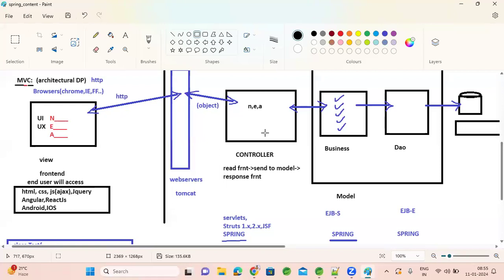For example, once the controller reads data from the front end, it will send it to the business layer. Here we perform all the business operations, let's say fund transfer, purchasing an item online, ordering food, or watching a movie.